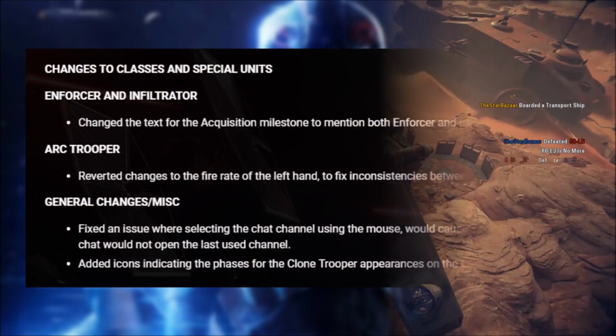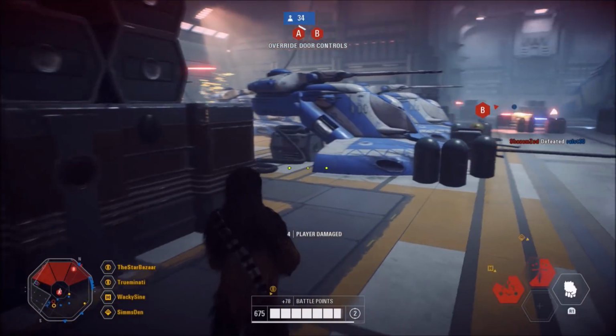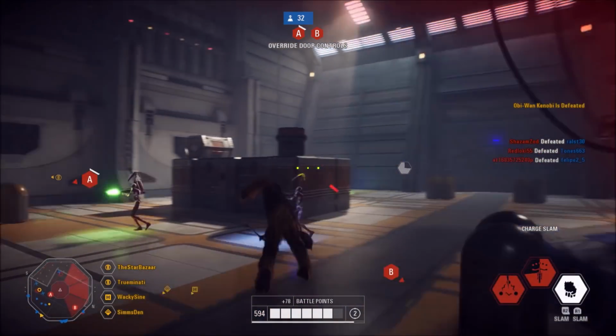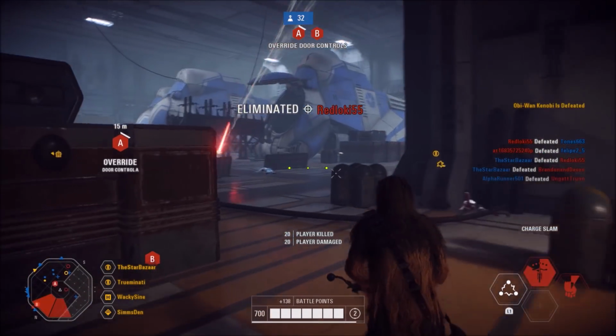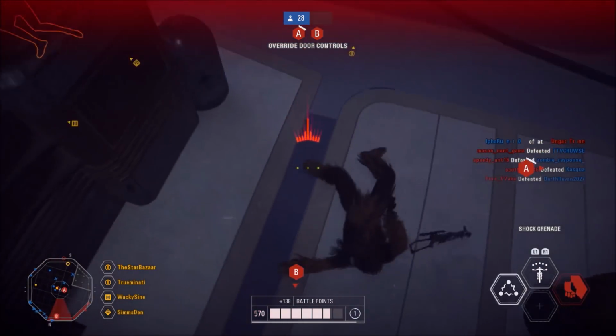The team has reverted changes to the fire rate of the left hand in order to fix inconsistencies between the two blasters' fire rates. So it sounds like the ARC Trooper will be able to dish out a little bit more damage after this update, and surprisingly, there's nothing about the BX Commando Droid, Bosk, or General Grievous's jump heights